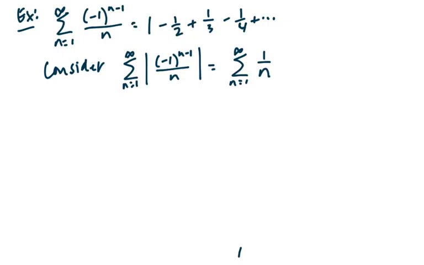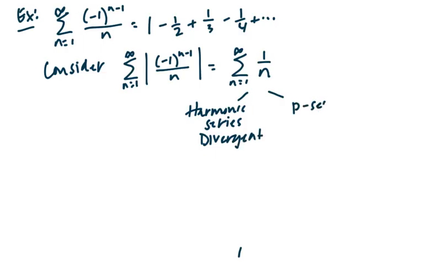Now we know two things about this. There's two ways you could go with this. First of all, this is the harmonic series, because it's 1, 1/2, 1/3, 1/4, and we know this is divergent. Or this is a p-series with p equals 1, and it's divergent. You have to know one of the two. You can go either way on it, but you have to know one of the two. So it is divergent. But if we look at the alternating series,